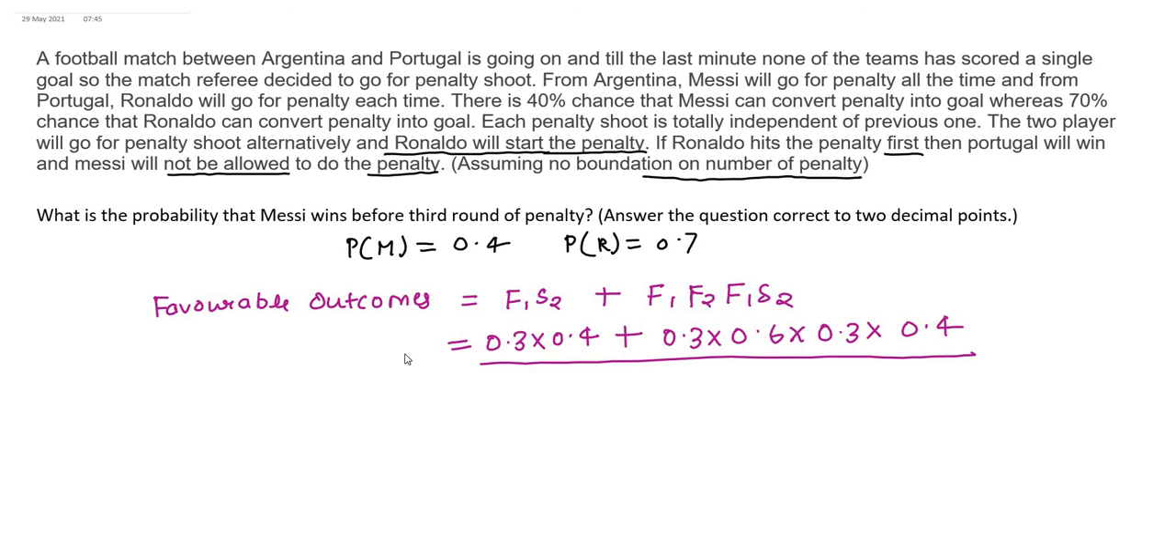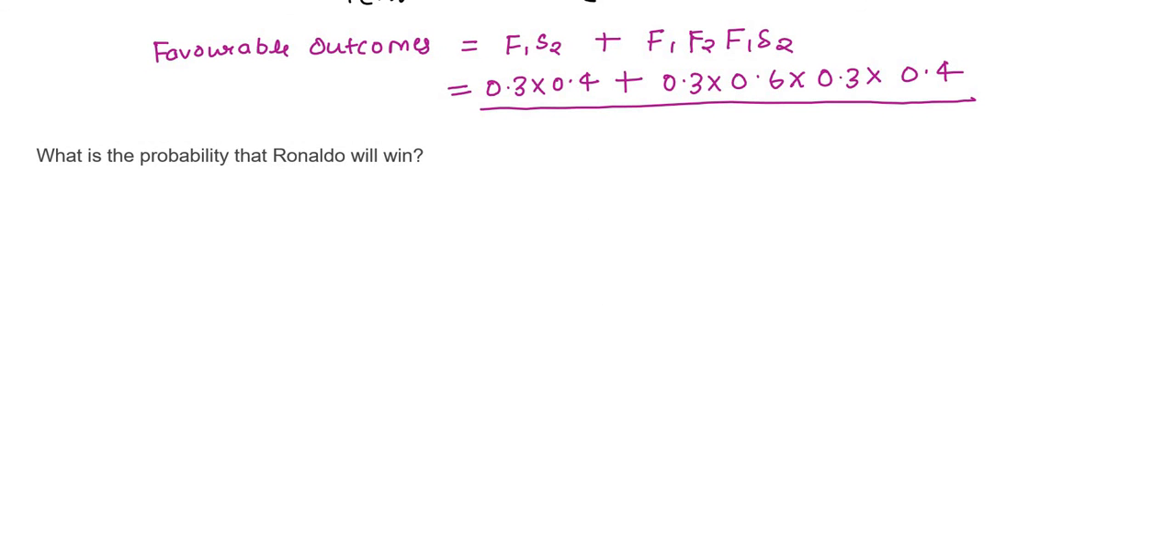All right. Now let's look at the second part of the question. So what is the probability that Ronaldo will win? So what are again the favorable circumstances? So Ronaldo wins, okay, and the probability is 0.7. All right. Then both of them fail,